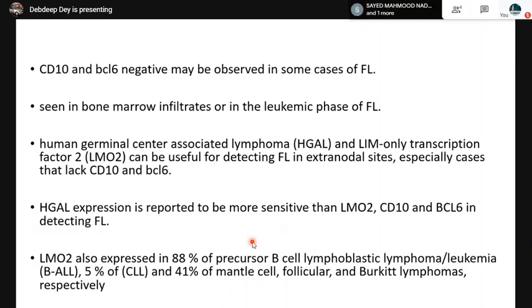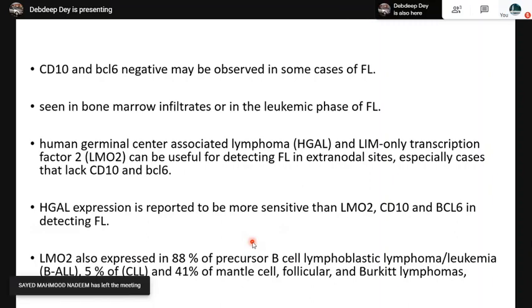Other problems that can happen is CD10 and BCL6 negativity may be observed in some cases of follicular lymphoma. This is predominantly seen in bone marrow infiltrates and in the leukemic phase of follicular lymphoma. HGAL or LMO2 can also be useful for detecting follicular lymphoma in extranodal sites, especially cases that lack the CD10 and BCL6. Here it is useful to rule out a marginal zone lymphoma where